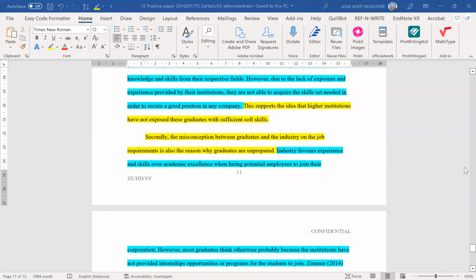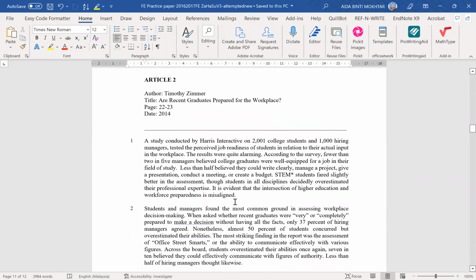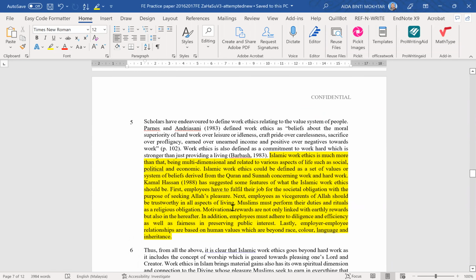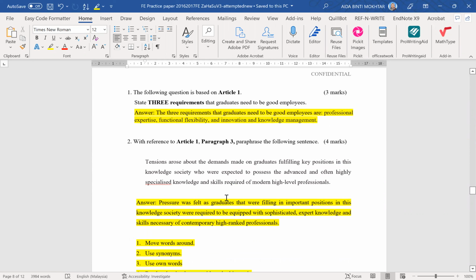Okay, now I went through the paper and realized I was attempting this. Now this one, I went through the paper, did the questions, and there were some examples, I don't know, is it from your lecturer? Okay, so I came up with this.